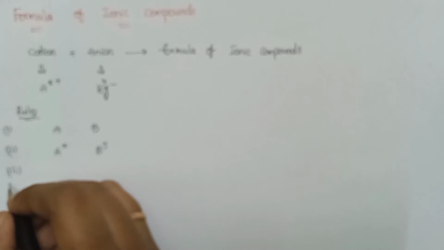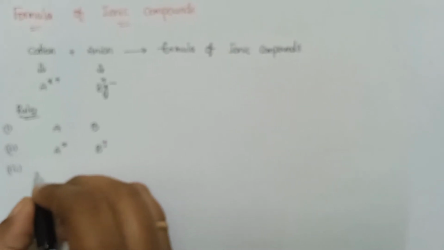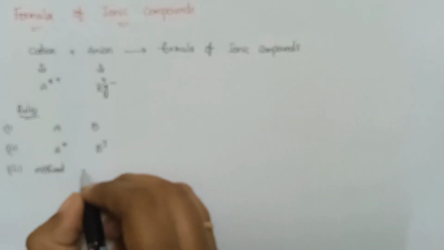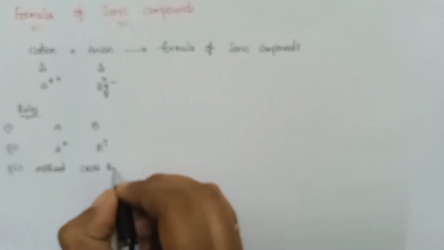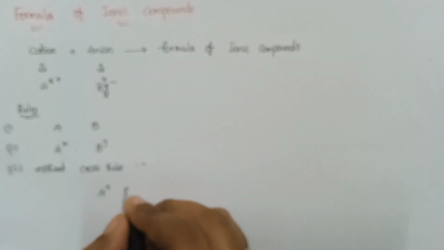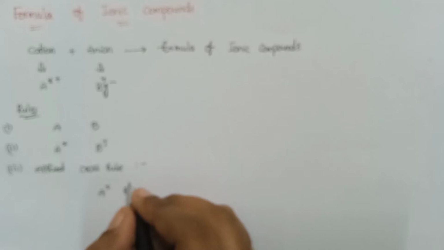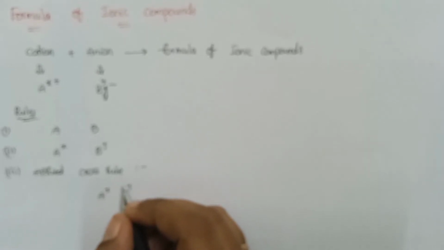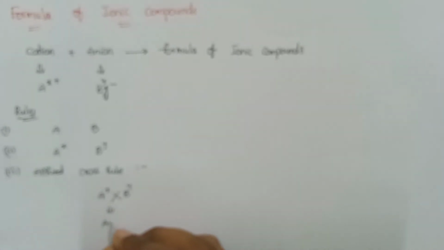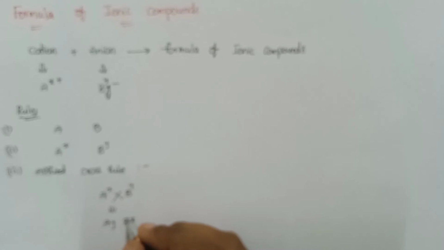The next rule, apply the cross rule, that is A X, B Y. Okay, cross rule. The result is A Y B X. Okay, if you take an example,